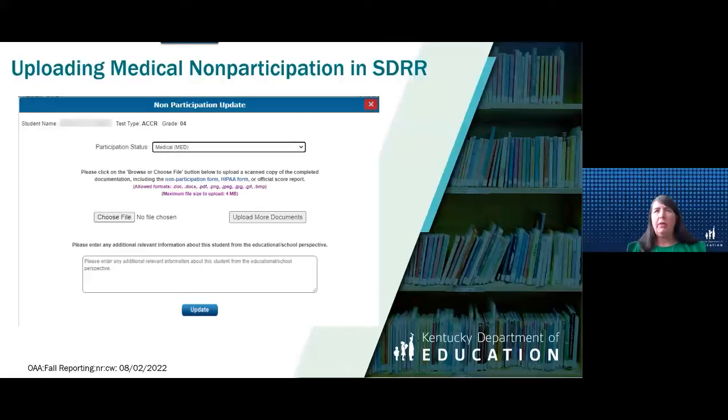Sometimes we will send back more information and say this is not the correct form for medical. And so instead of having to do a whole new ticket, you could just choose that and upload the correct one again for us.